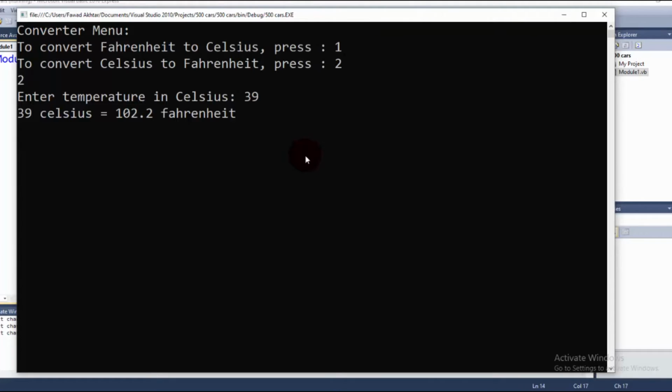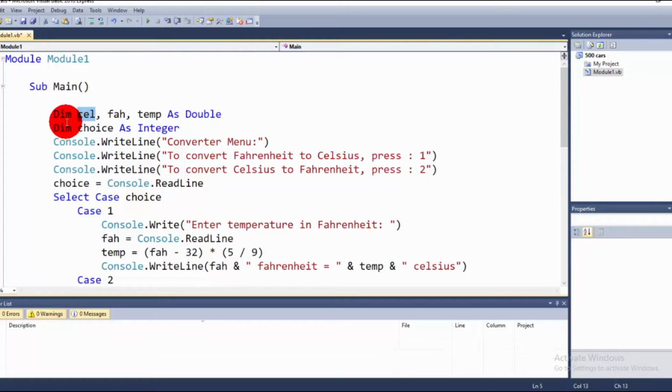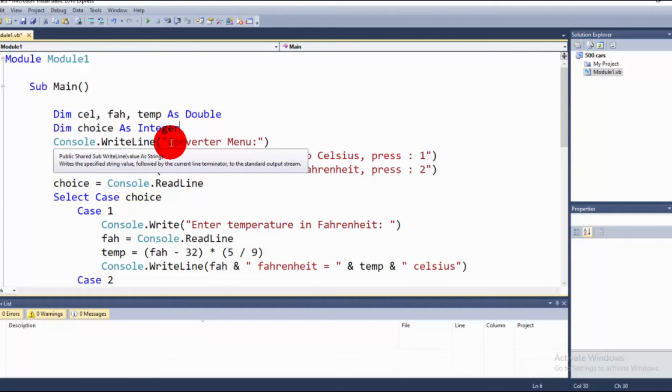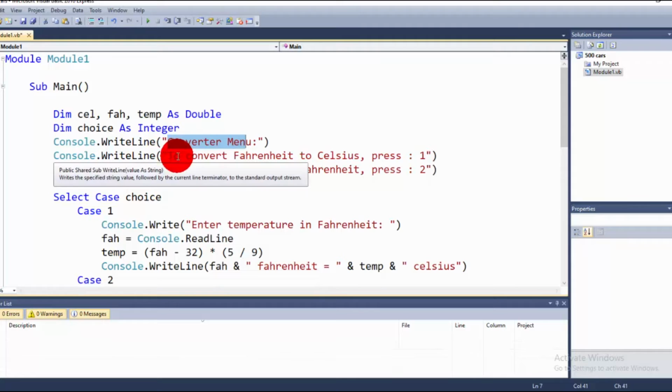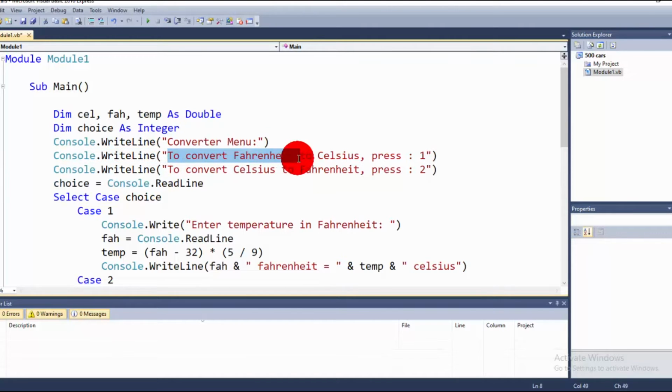It is for beginners, of course. This is an ordinary program like others, but we need to find out the formula. We use the variables Celsius, Fahrenheit and temperature, and the data type is double, meaning that our answer can be in decimals as well. Then I use the variable twice and the data type is integer. Now this is a heading, write line, converter menu, and this is another subheading, convert Fahrenheit to Celsius and